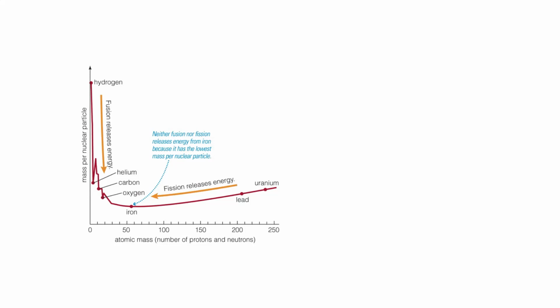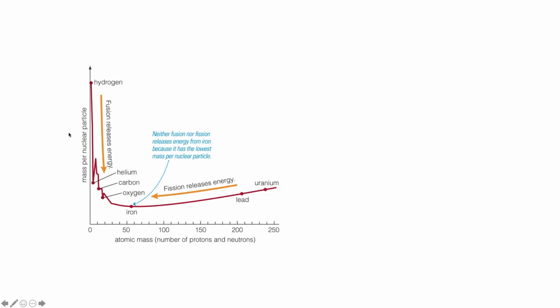Right, iron's atomic number is 26. Oh no, I see it here. That doesn't make sense to me. Hold on, why does it say that? The atomic mass here should be 52. It just looks so much closer to 60. It's throwing me off here. All right, so this iron, maybe this should be a little bit further to the left. In any case,